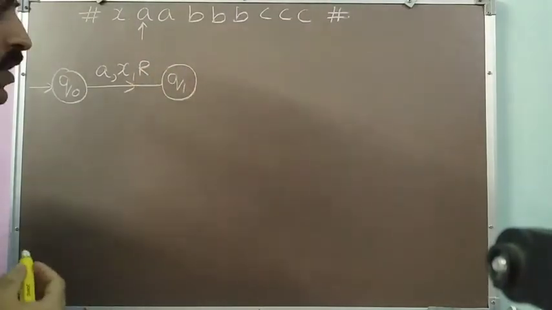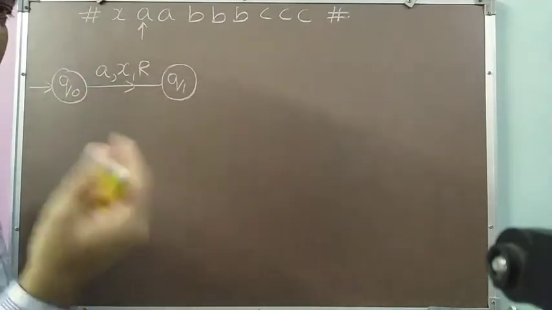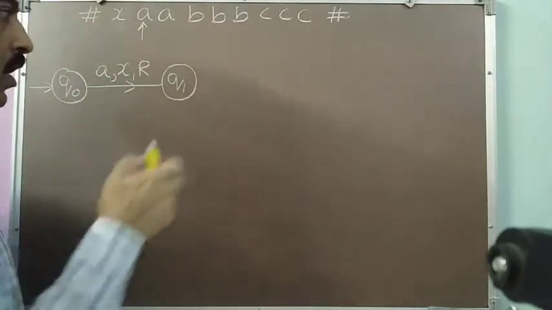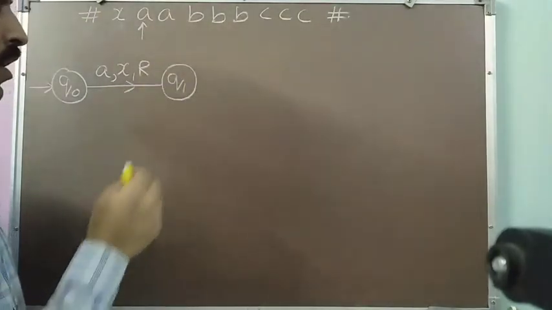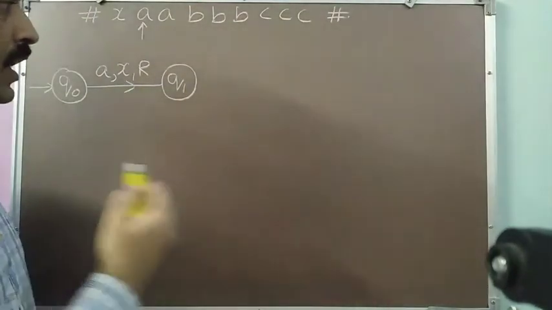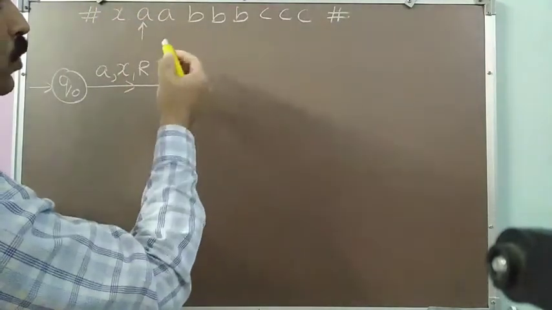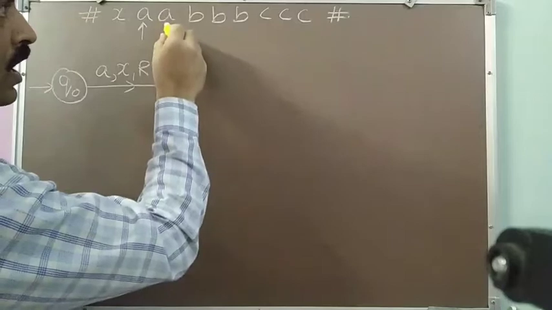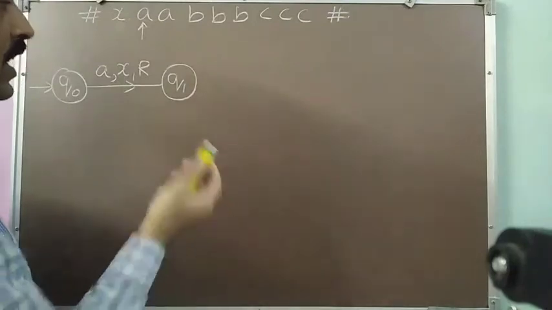What I have to do in the state Q1? Being in the state Q1 means that I have found my leftmost A and I have processed it. So now the aim of the Q1 state is to find the first B. Whatever will come in between, I have to skip. So what I am getting here is A, so A I have to skip. Then further I will get one more A that I have to skip. Whatever number of A's come, those A's I have to skip.